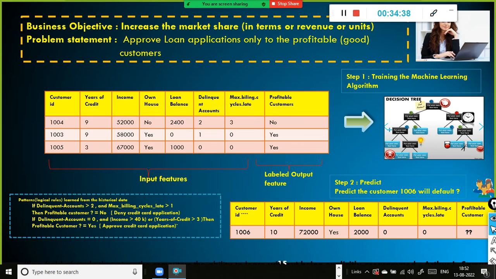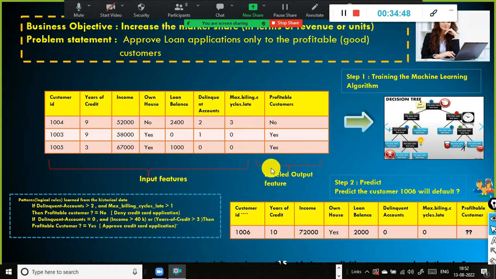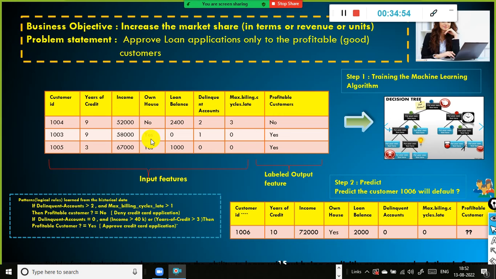You need to find out which customers are really good, which customers have the repaying capacity. That is also a very important thing. So the credit score nowadays, with that they are going to determine it. For example, as a manager, you're just taking the data and you look at it. So this guy is owning the house. In the event of default, if he is not going to repay the money, we can probably catch hold of him, something like that, okay.